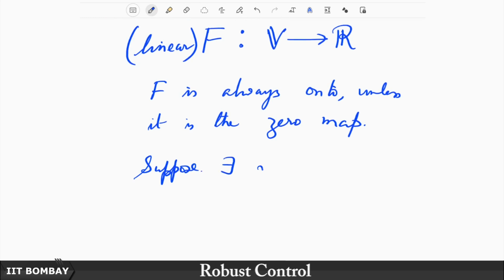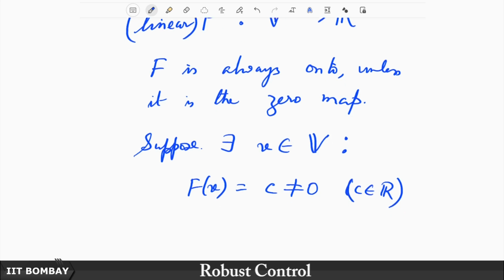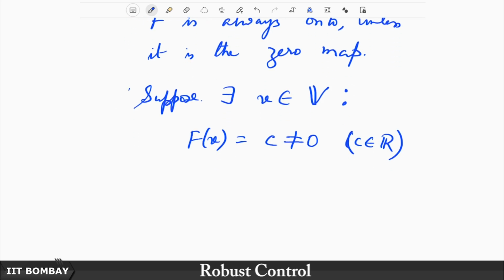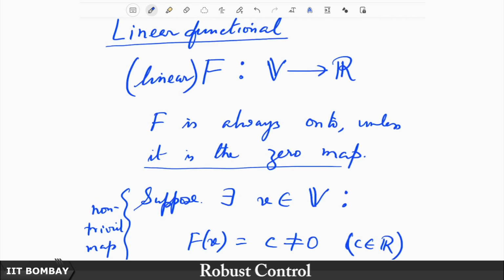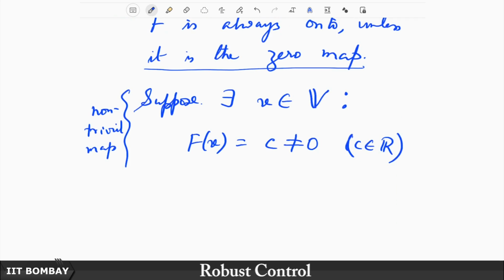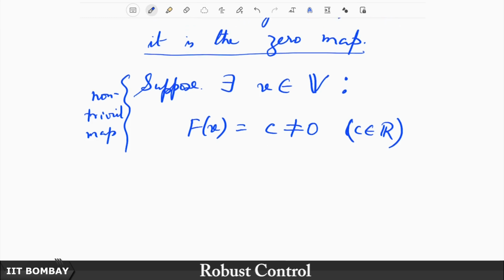there exists V belonging to the vector space V such that f of V is equal to some C not equal to 0. Remember that C is a real number. Suppose it is non-trivial. This part is just saying that it is a non-trivial mapping. That is all this is saying. I have already said that this is unless it is the 0 map. So, we have already excluded the possibility that it is the 0 map by saying there is at least one vector which it does not map to 0, which it maps to some non-zero value on the real line. Then